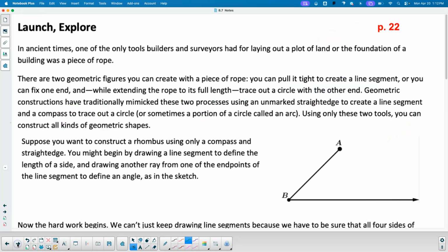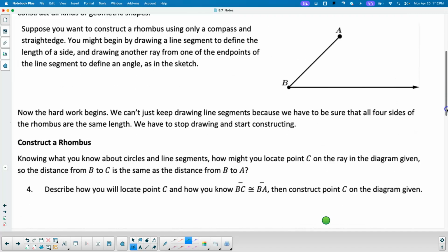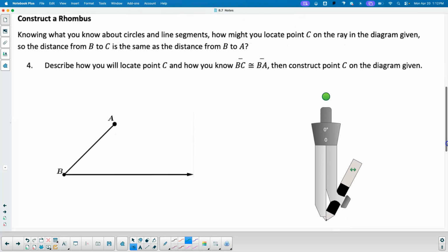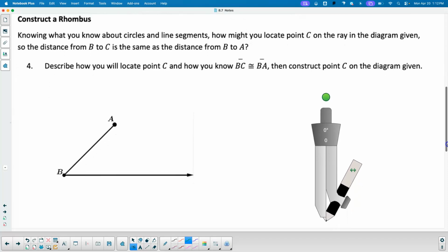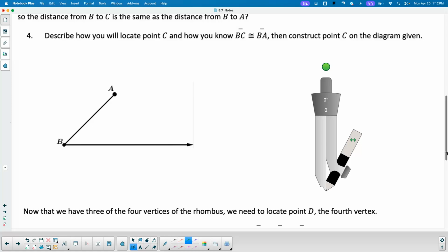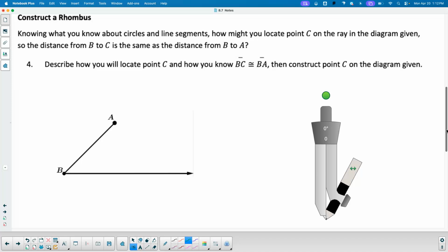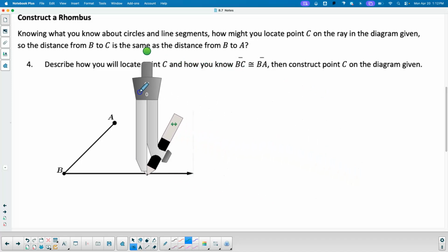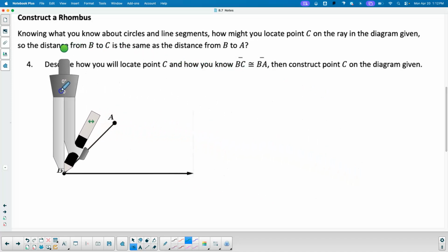Let's get into some constructions here now. Okay. So, constructing a rhombus. That's what we're going to do first. We're going to construct a rhombus. Now I'm going to give you steps based off of this diagram, this A and B diagram. Okay? So step number one is, with your compass,